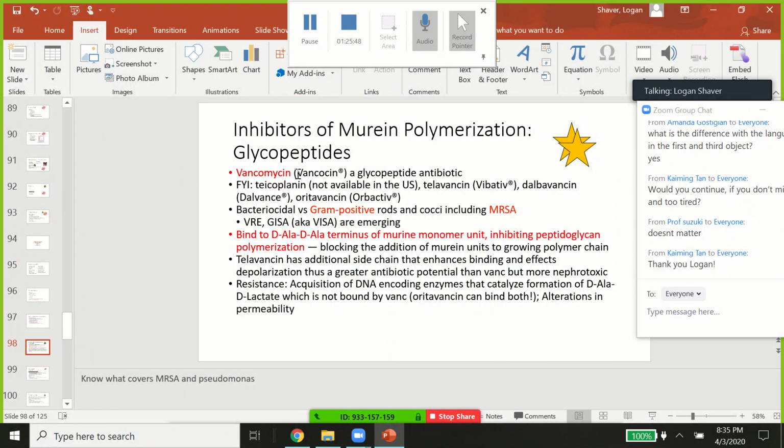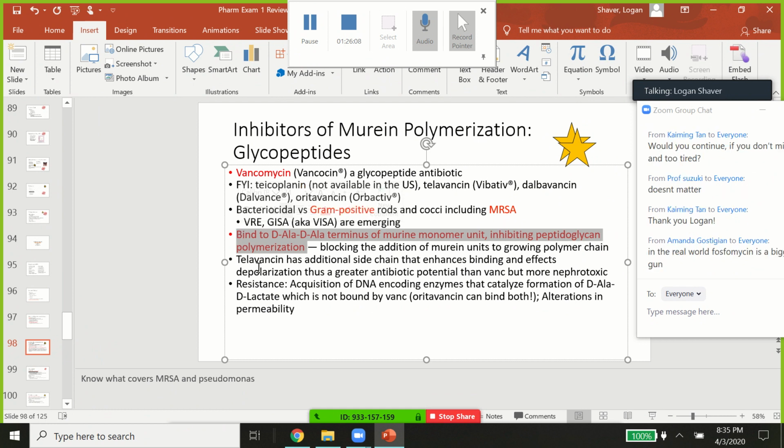Now on to a different drug category. Vancomycin is an inhibitor of murein polymerization. Notice it's totally different, and it's a glycopeptide. That doesn't matter as much as the mechanism of action. Specifically how it does that is way more high yield. And typically they won't ask you the